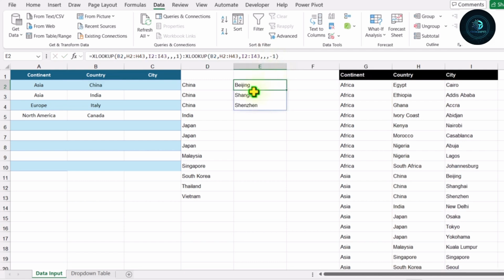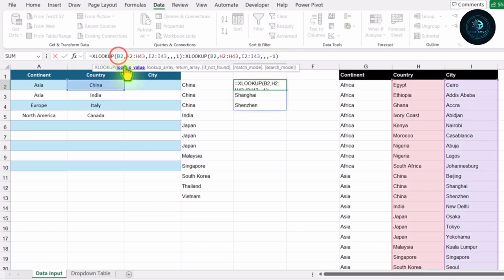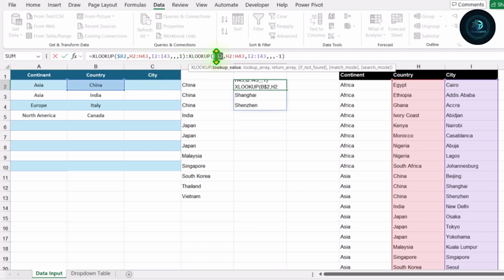Now I will click on E2 cell, click on B2, hit F4 key. In this case, I want to lock the column reference only. Click on another B2 and lock the column reference. Click on lookup range and hit F4 key to lock the reference.